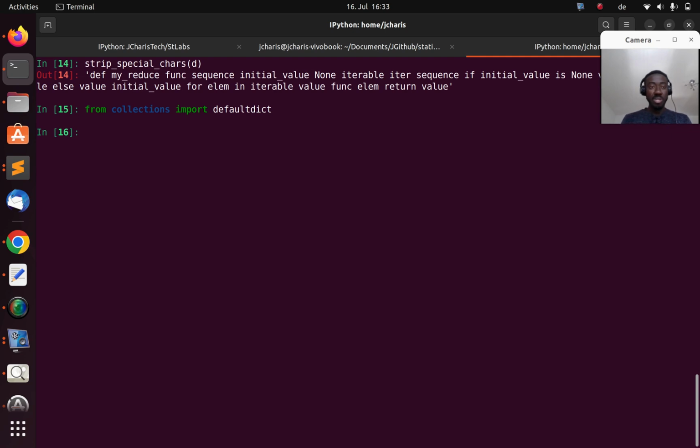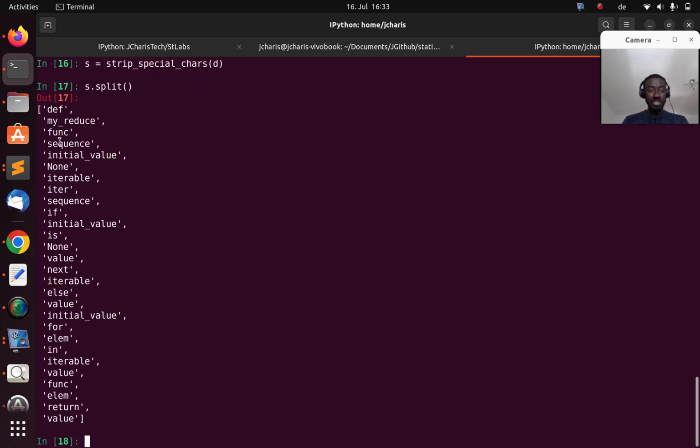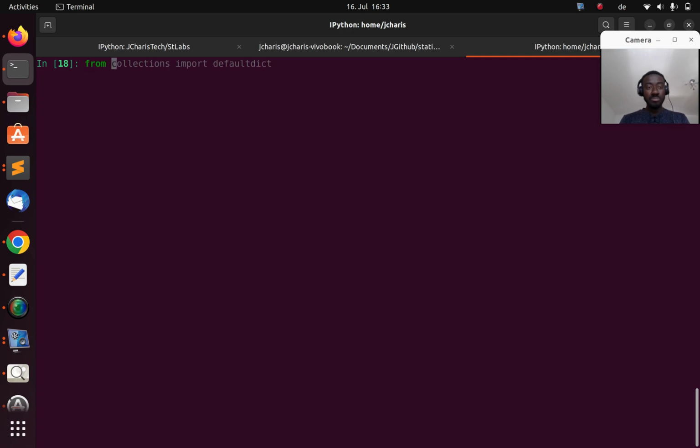So let's say I have a word there. We already have this word here. So let's go to s. I want to get all the counts from that. I can just go with s.split. It's going to split them as tokens, right? Everything has been split. In case I want to get a word count, I can just go from collections, import defaultdict, or I can also import Counter. Any of them can work. If I go with Counter